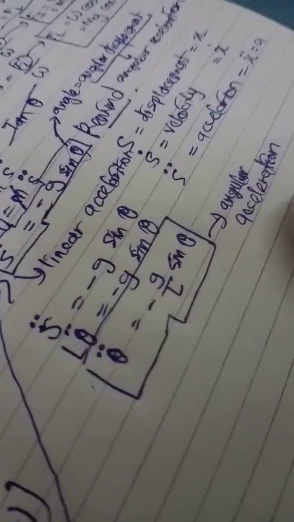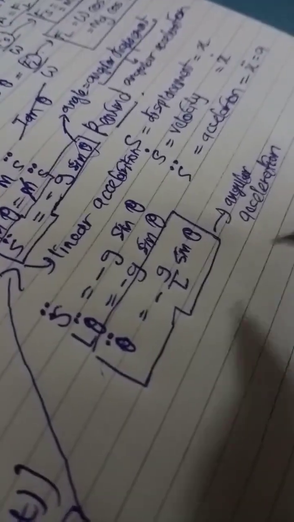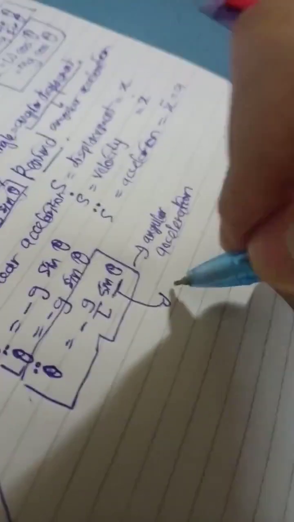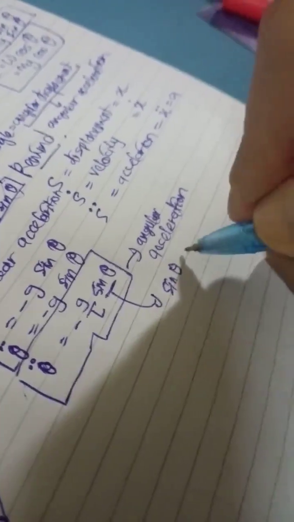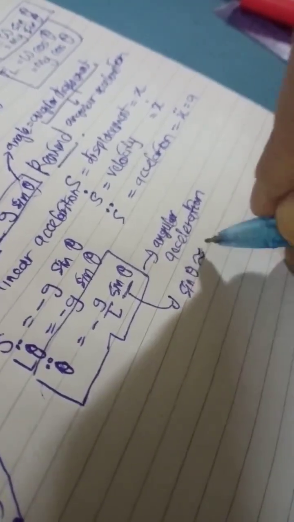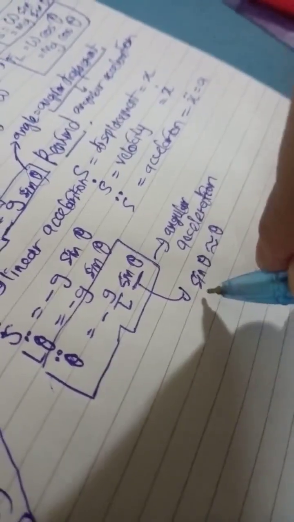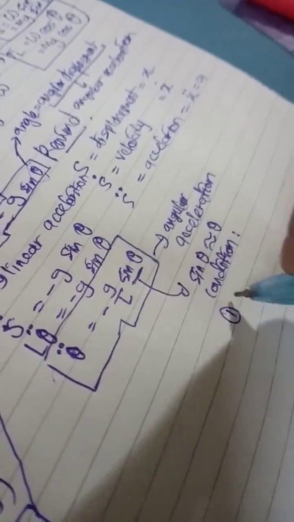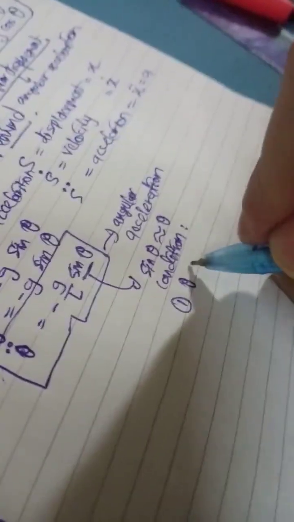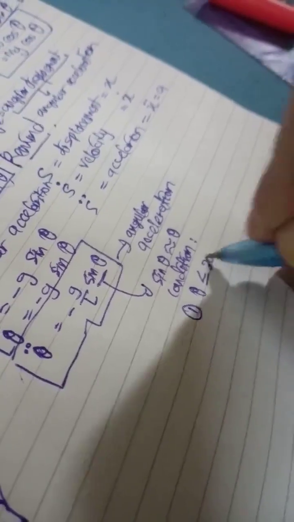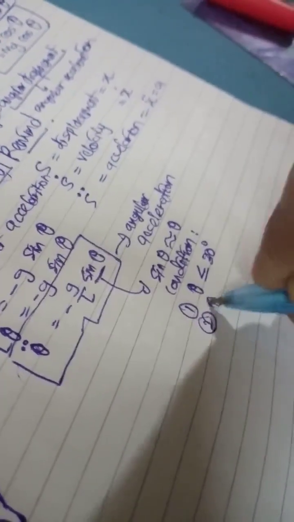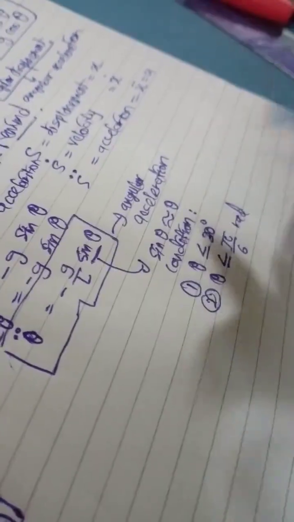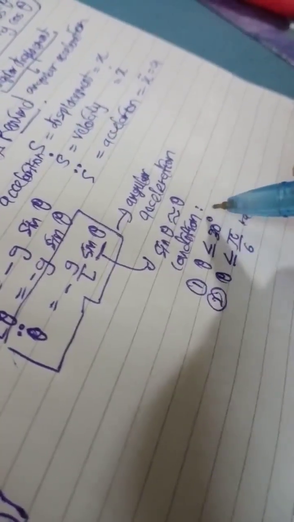Okay, now here when you read more about this equation, they say that sine theta can be approximated as theta if there is a condition. The condition is that theta must be less than or equal to 30 degrees, or theta must be less than or equal to pi over 6 radian. Only this angle can be used to